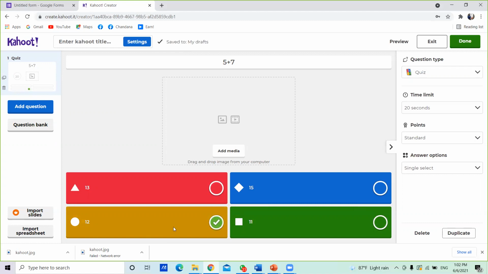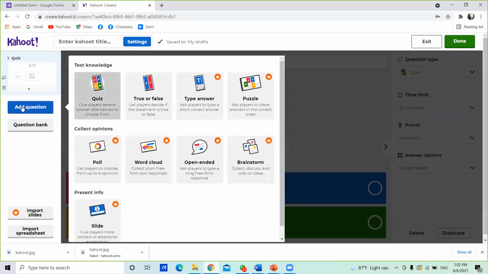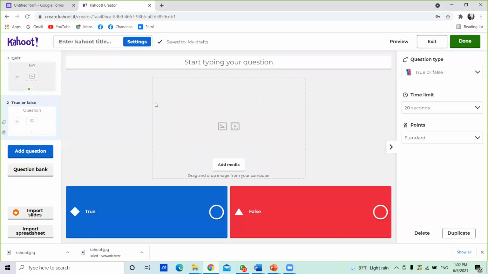Right? Then if you want to add more questions, select add question here. Once you click add question, you can see again they are giving the chance to select the question type. This time I'm going to select true or false. Right? Then start typing in here. Before that you can set some configuration here. Time limit, I select 10. Then you can start typing